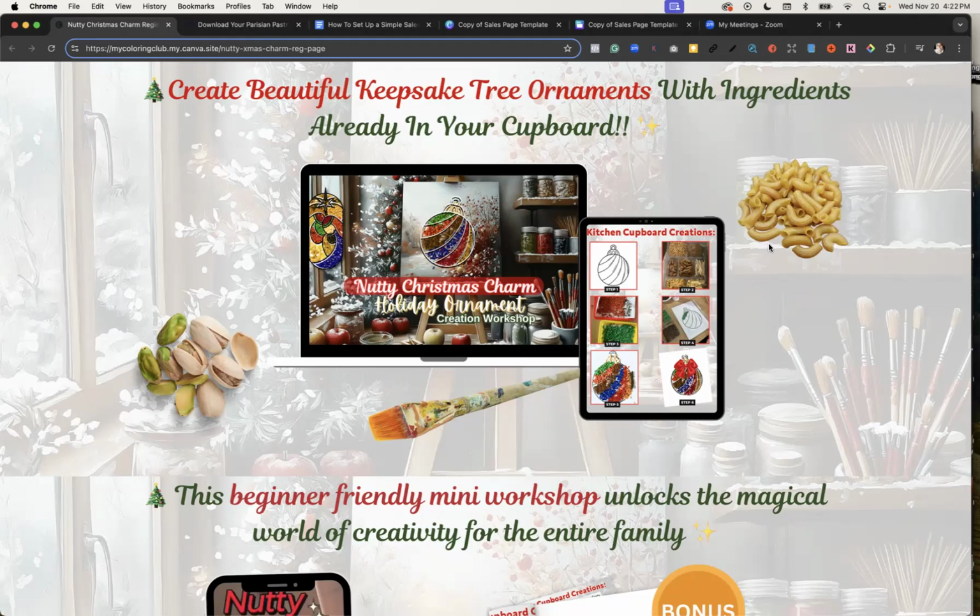I used dried macaroni noodles, because again, it adds that layer of texture and makes it more experiential. They see that and go, oh, okay, I actually can see I've got some dry macaroni. I may not have pistachio nuts, but I've got the macaroni. So again, I could have used rice, or peas, or different things, but I wanted to use the most common ingredients that she's going to be